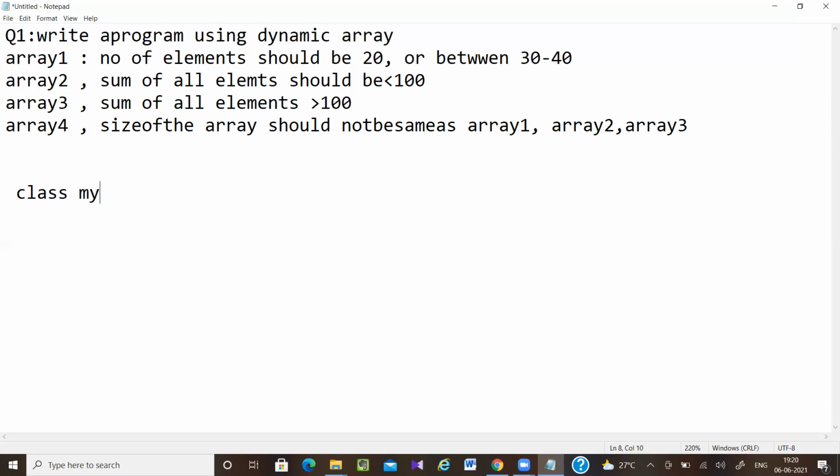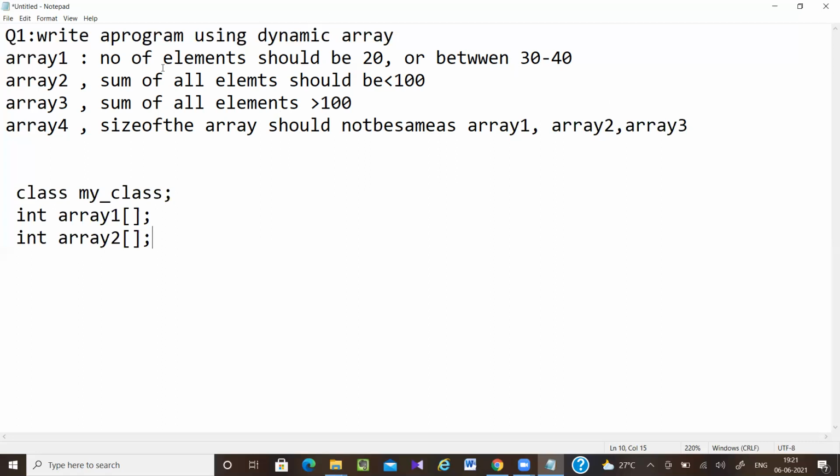So class my class. Now here I am going to declare 4 dynamic arrays: int array 1, array 2. If I simply write array 1, array 2 like this and I use constraints or randomization, it is not going to work.